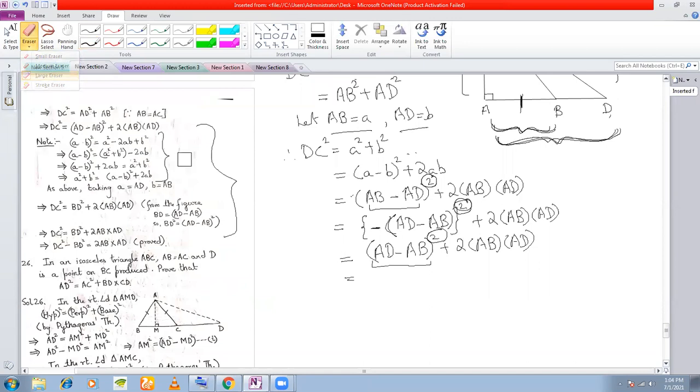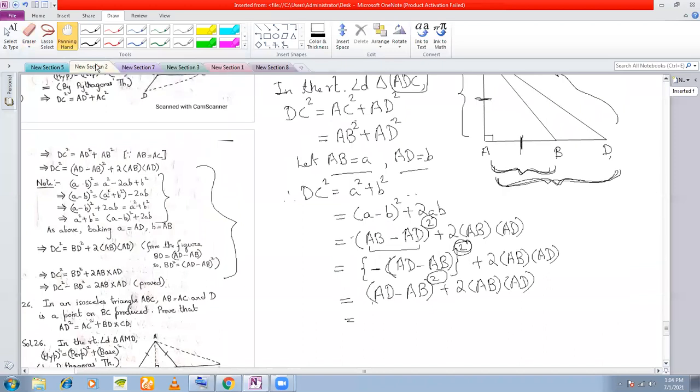Yes, sir. Okay. So AD minus AB once we have got. Now you look at the diagram. Sir, still not clear. Fine, but which part is not clear? You tell me which part, which step. Sir, A minus B square plus 2AB, from there. You understood this part, right? No, sir. Here I have explained, I just explained 2 minutes ago.